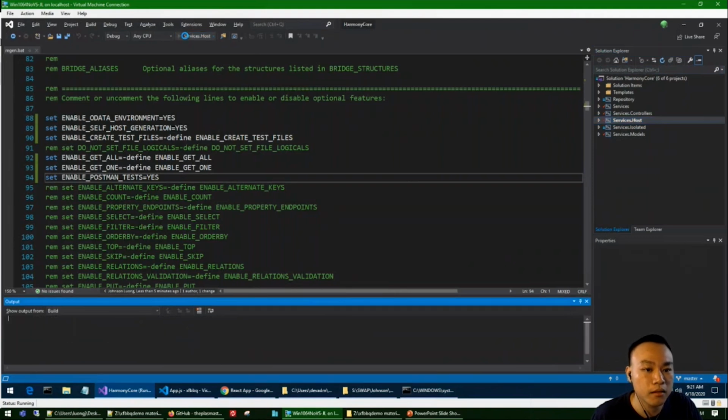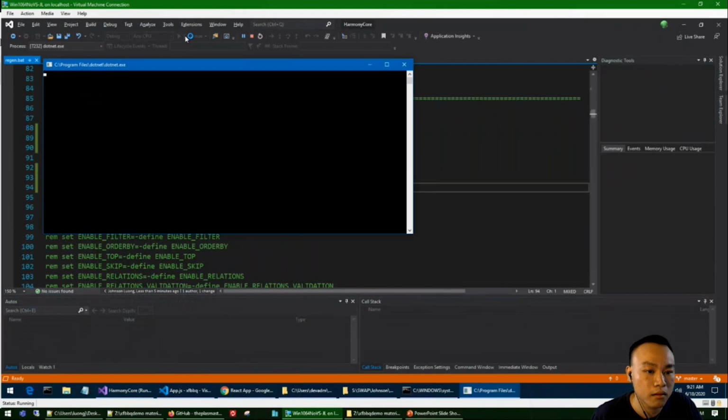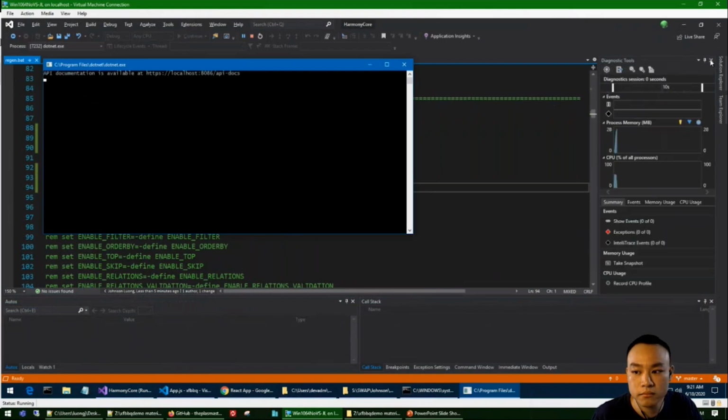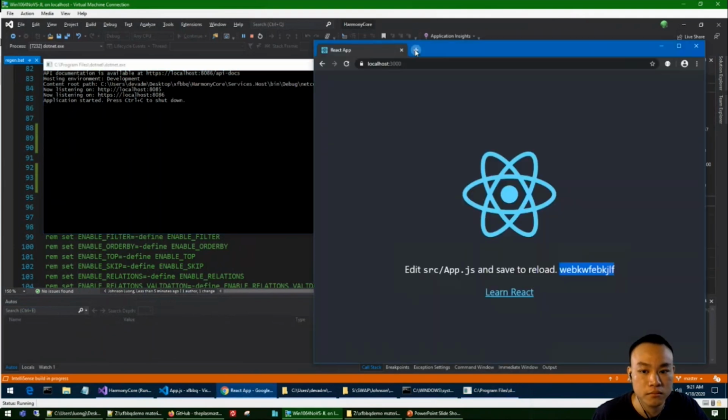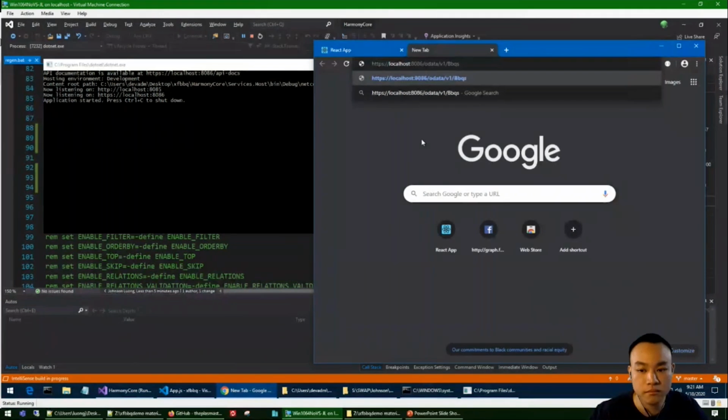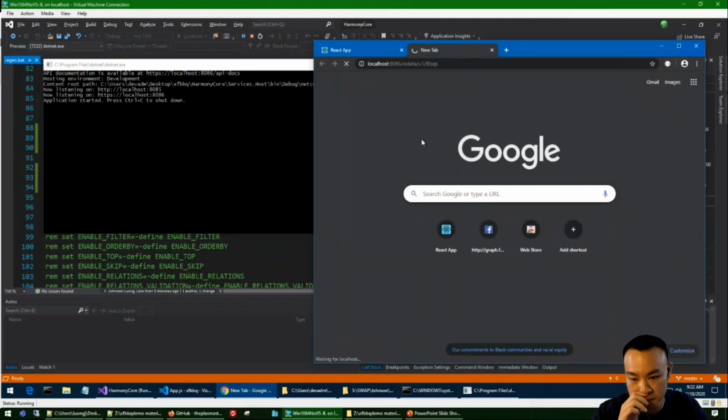I'm going to start debugging. Okay, and then I'm going to open up this website right here, and navigate to OData V1 barbecues.